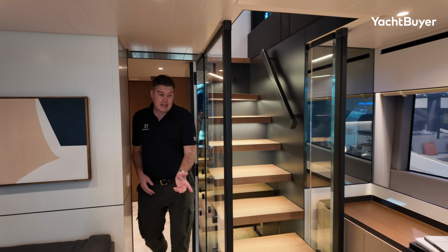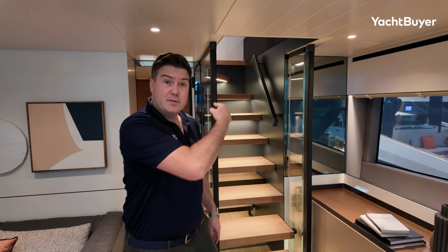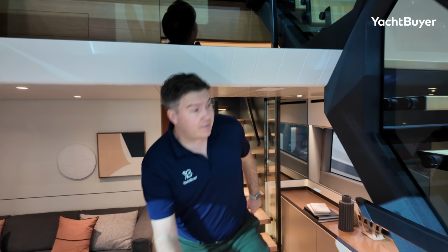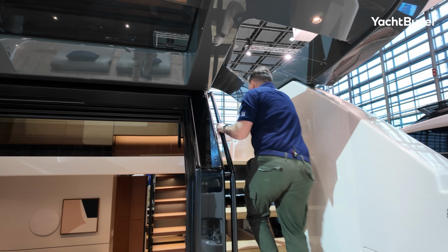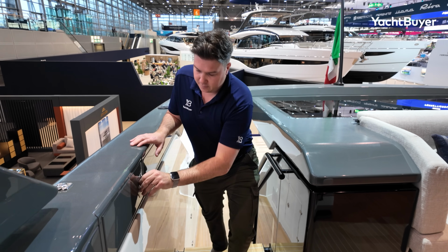Right, let's go and check out the deck above. Coming out the owner's cabin, this staircase leads directly up to the wheelhouse, and then out here on the aft deck, there's another external staircase that goes up to the cockpit. Onto the main deck. First thing we're going to do is show you